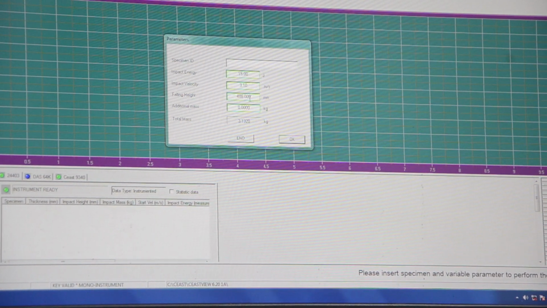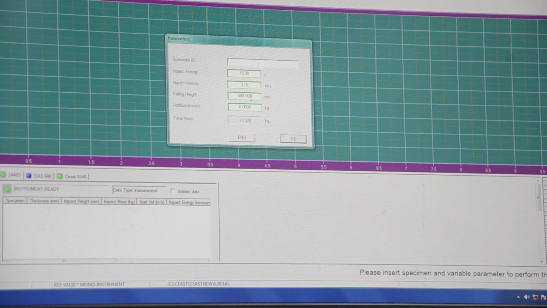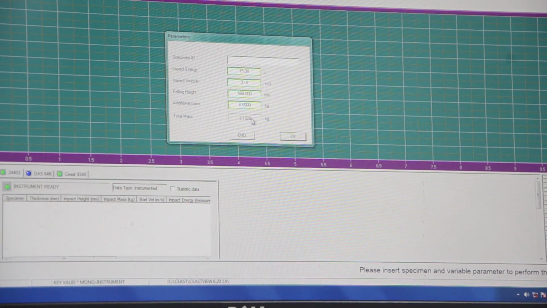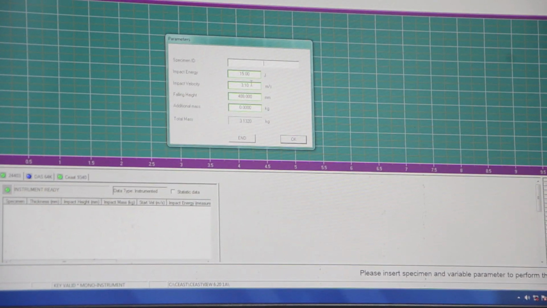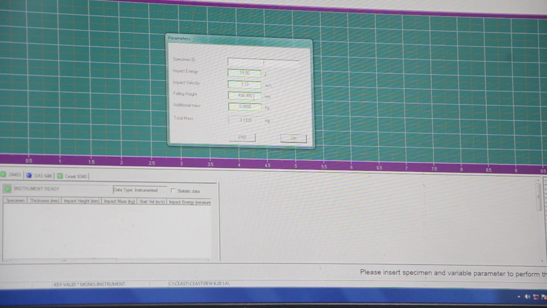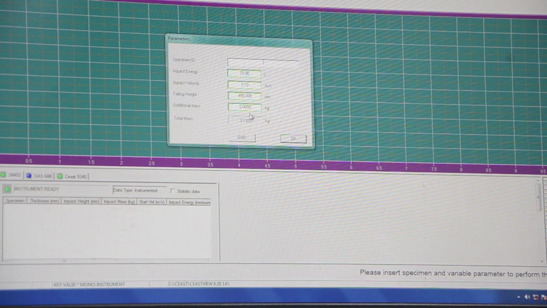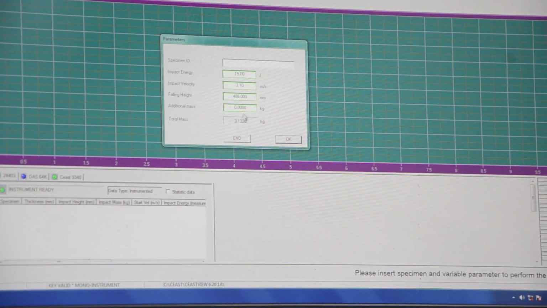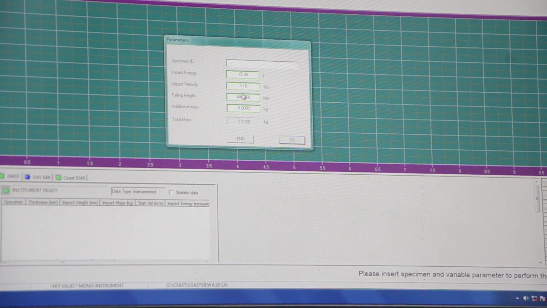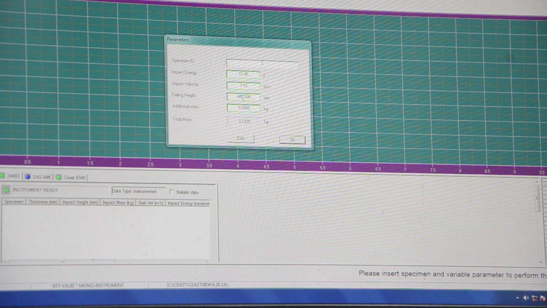I already informed you that we keep the mass constant and here we are varying the height. Whenever we vary the height, velocity itself varies. So there are two parameters which can be variable at a time, either mass and height or mass and velocity. Here we can see the height is 488.